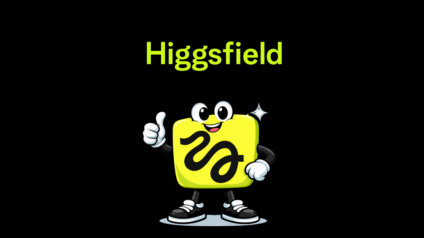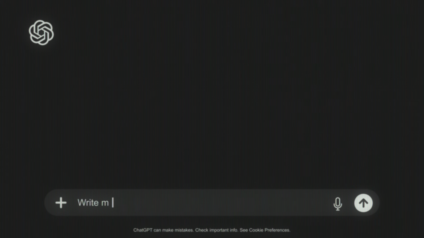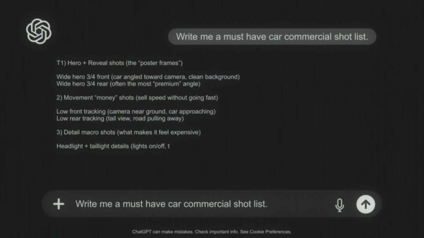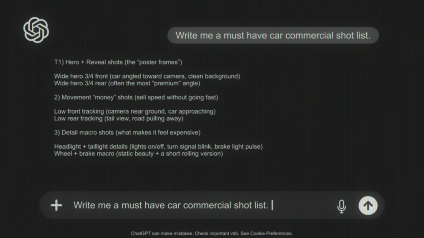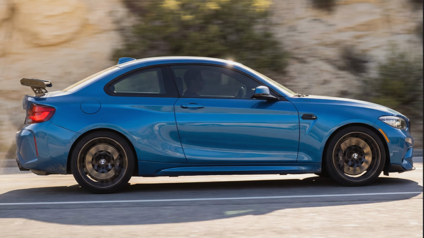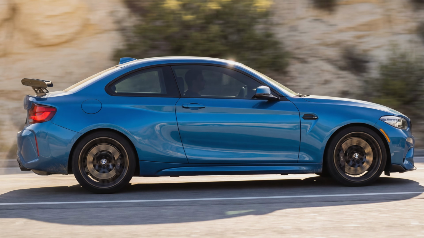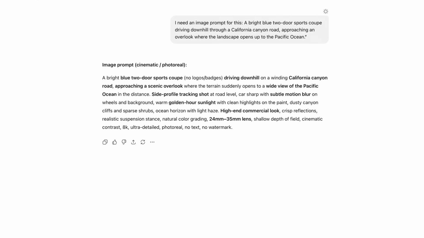Now that we've covered the Higgsfield interface, let's go back to the beginning of my workflow, which is prompt crafting. So the first thing I would do is ask ChatGPT for a must-have car commercial shot list. Our next step is to generate our hero car or use an image if you have one. And now using ChatGPT, I'll upload pictures of our hero car and then I'll ask it to create an image